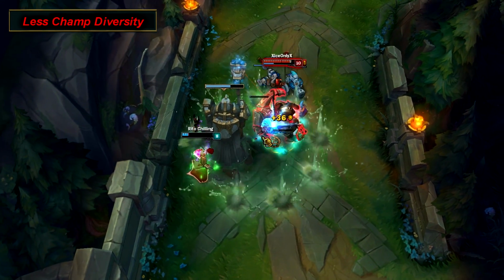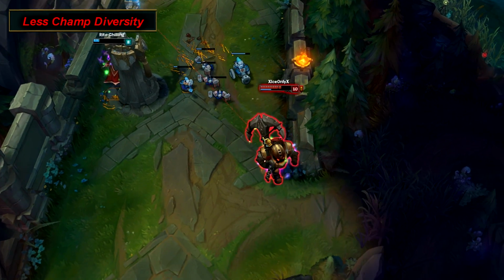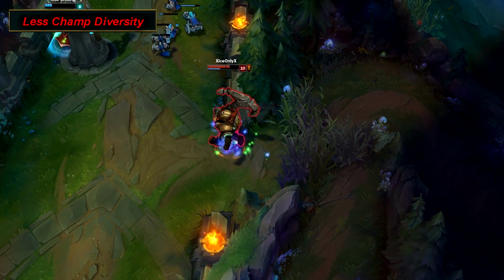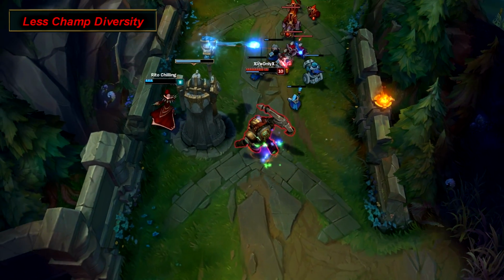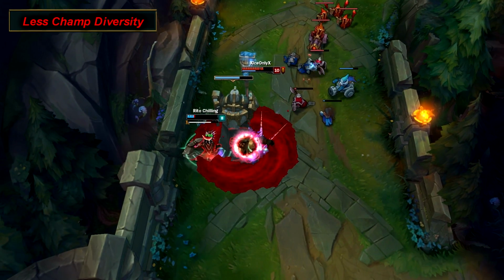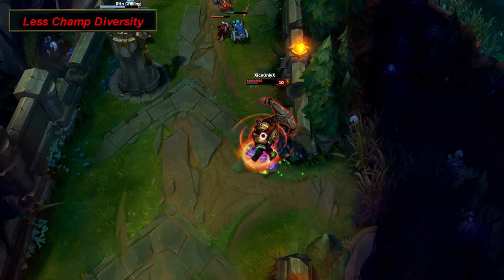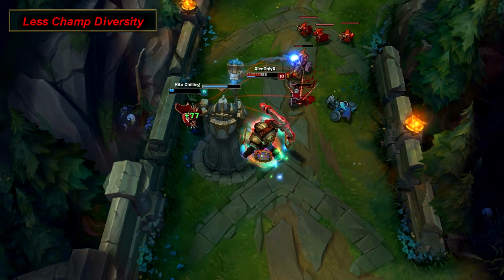Now Azir has got a really high win rate if you're really good at him. The problem is, on a general statistical format, most people fail first time and never play him again. That is the reason why he's not played that much, and that's a main issue overall. People won't play diversity, they'll just play the strongest. Now this doesn't mean that you'll never play anything else, it just means diversity and champion picks will go down